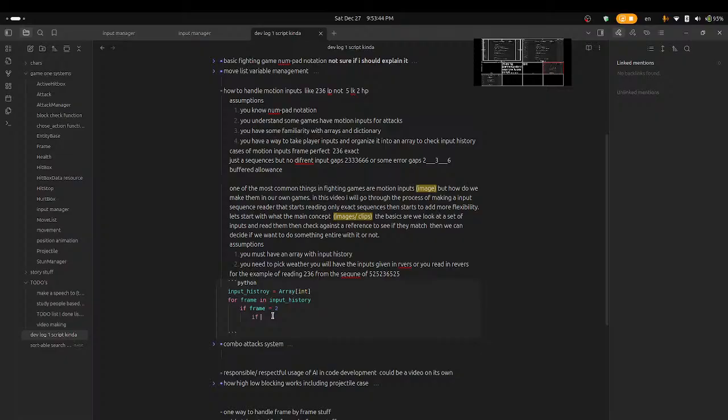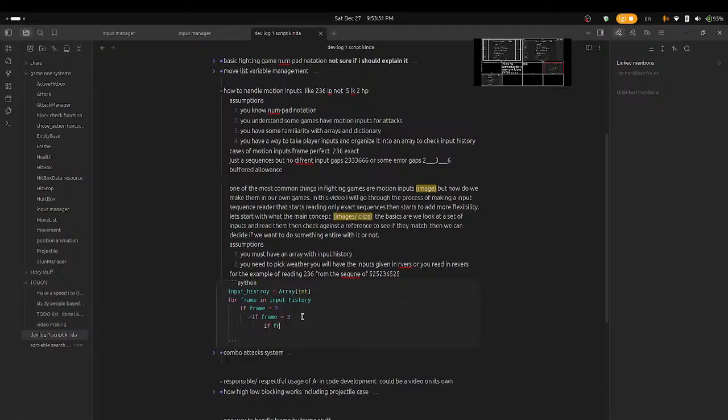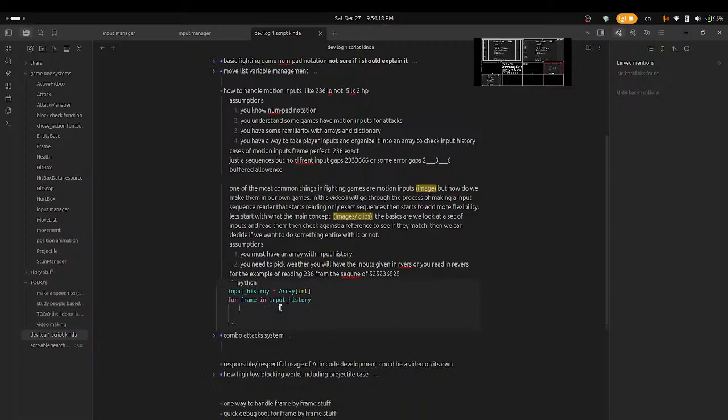If frame equals 2, if frame equals 3, and then tab, if frame equals 6. When I do this, it will return all the integers separately. So 5, and then 2, and then 5, 2, and it would go through all of them. But that's probably not what happens. So